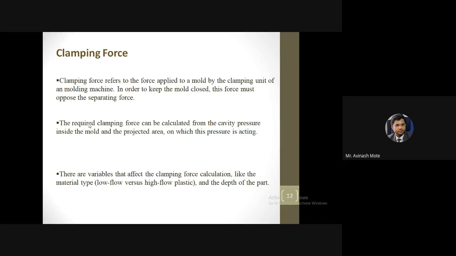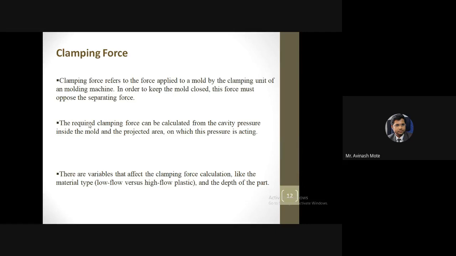While trying to escape, they apply a pressure on the surface, in the reverse direction of the pressure applied by the ram or plunger. So in the reverse direction we are getting pressure, which will oppose the closing of the mold. The setup has to overcome that pressure.